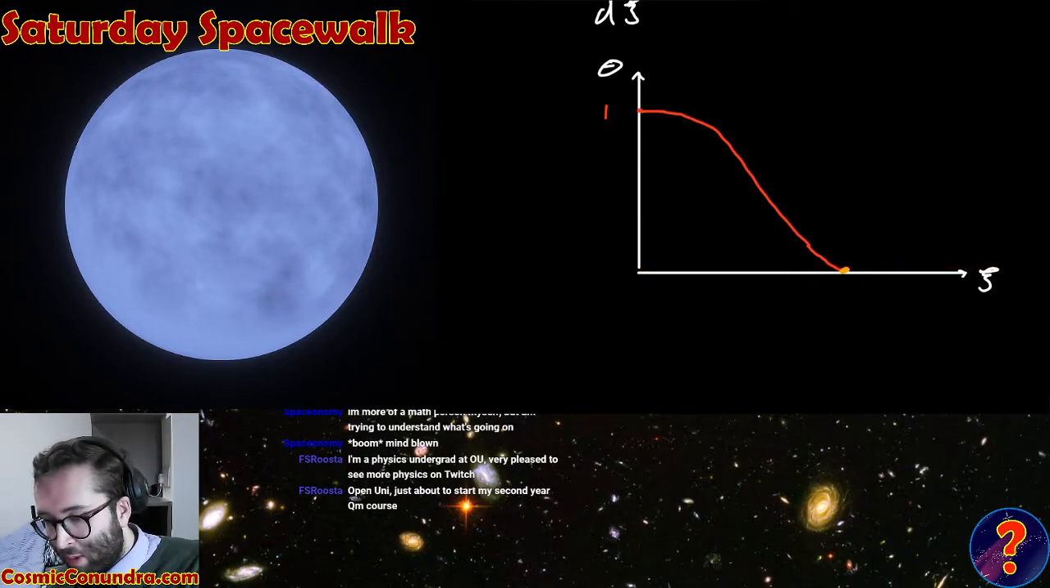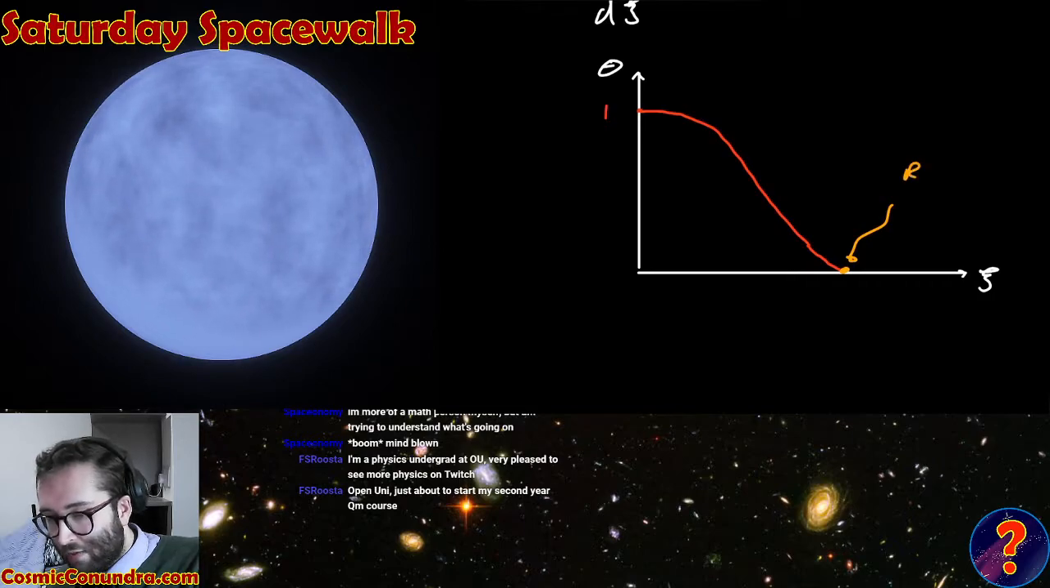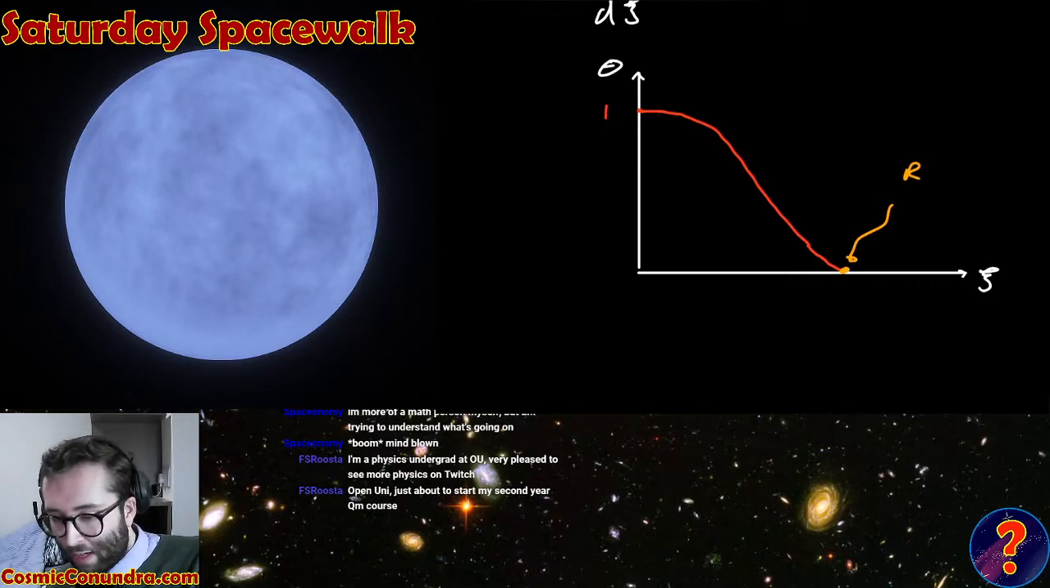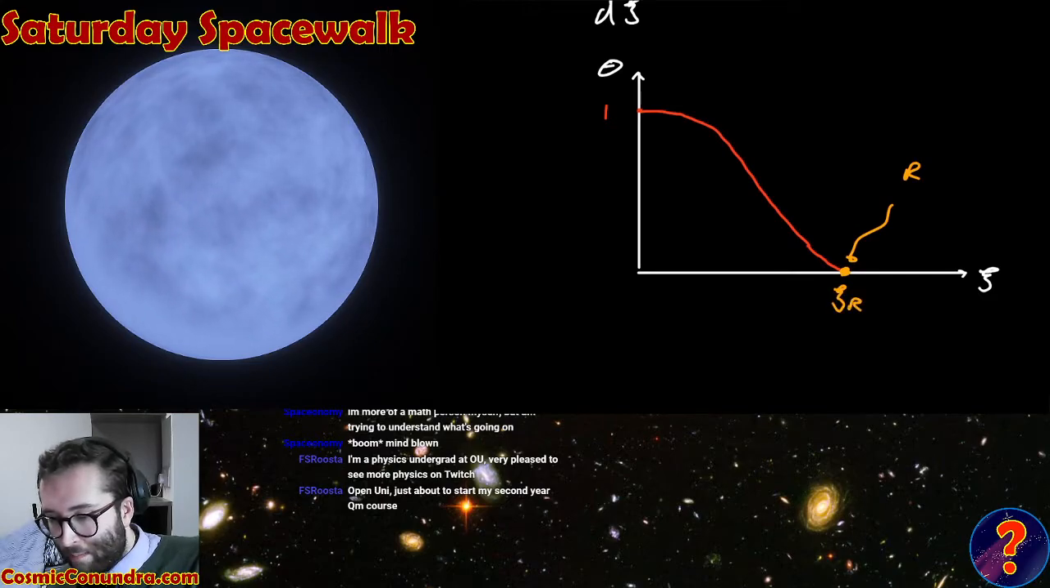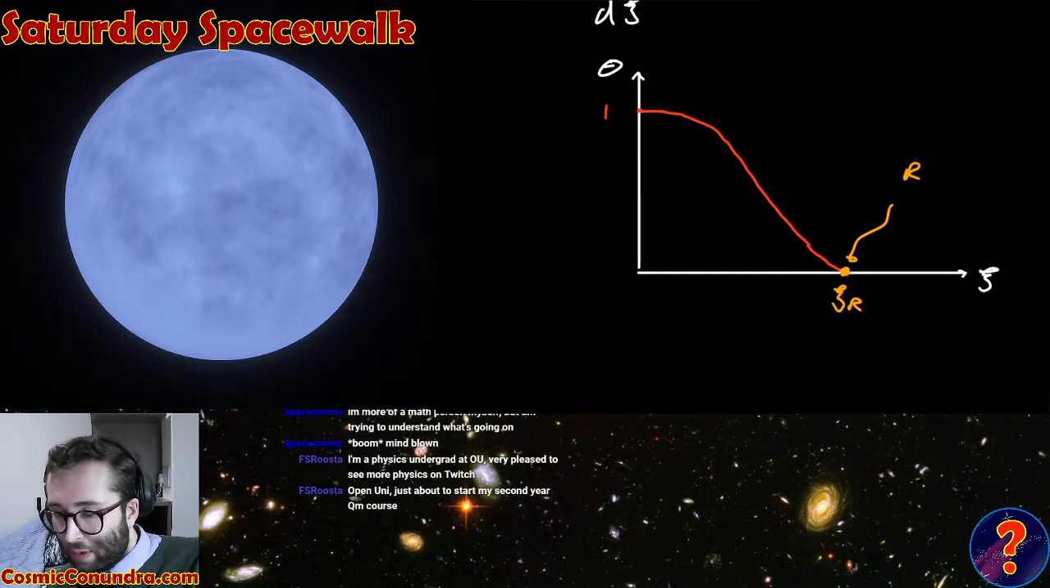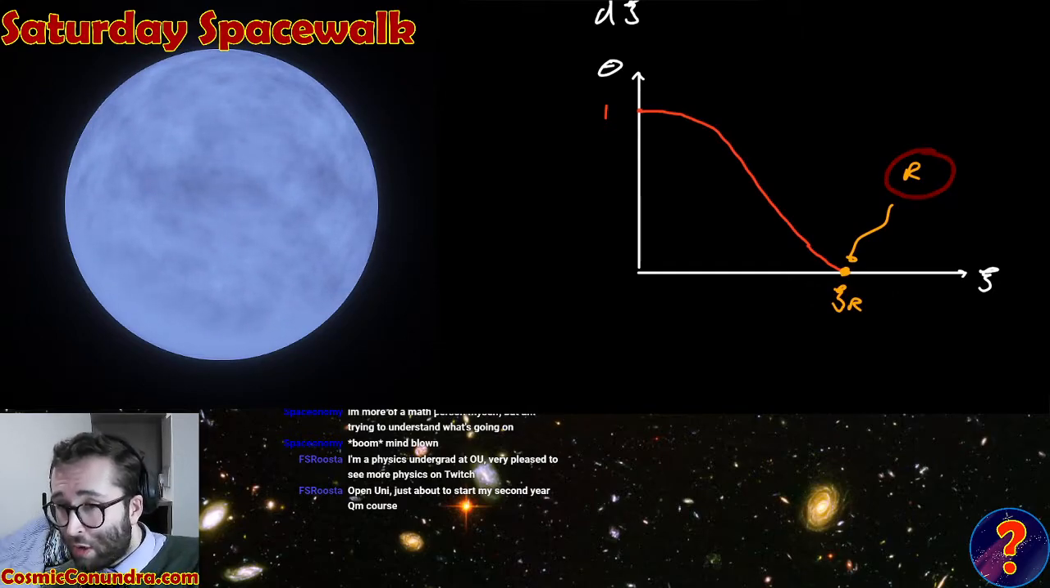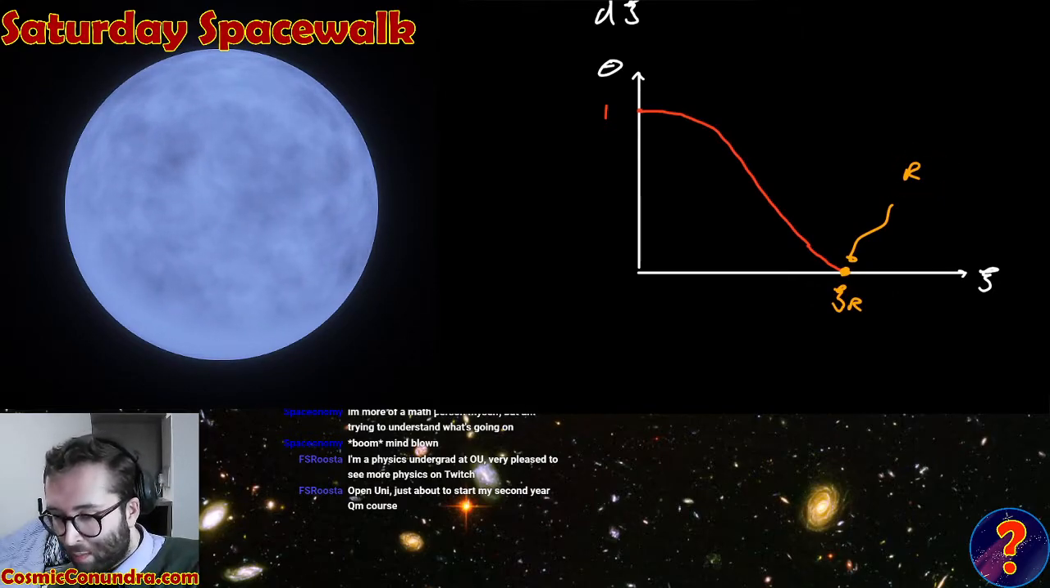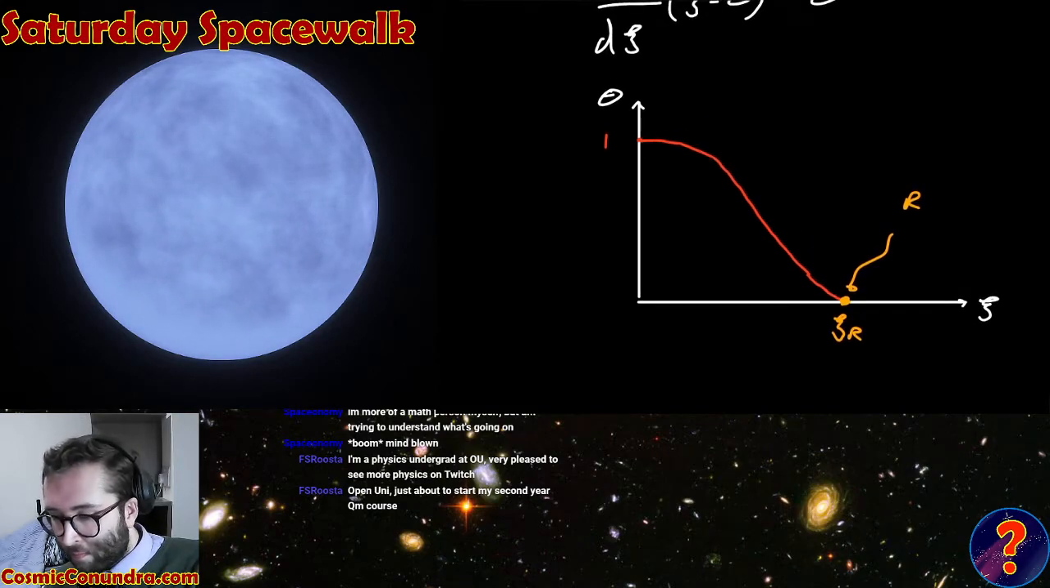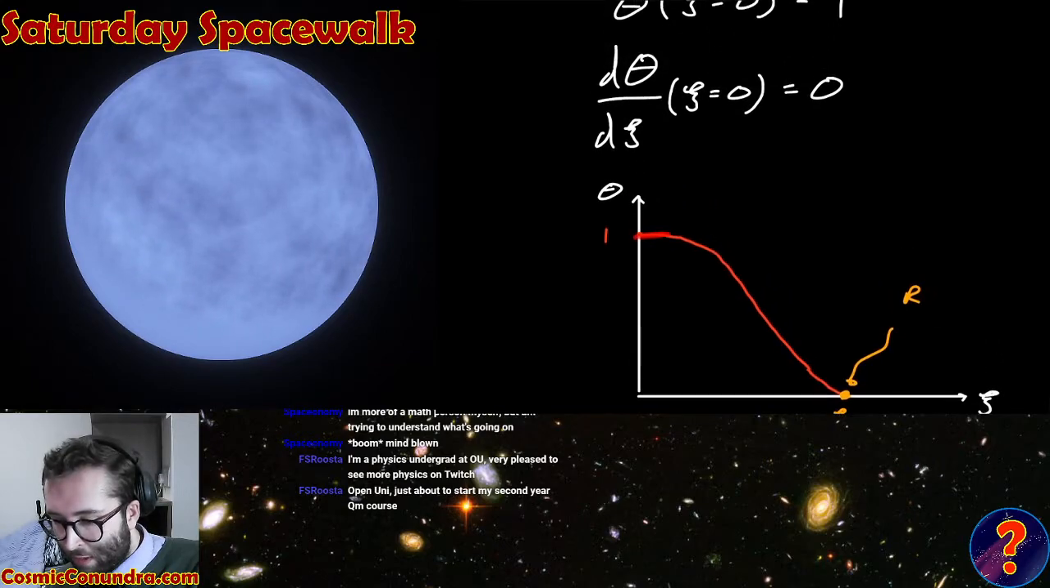And this will correspond to the radius of the star r, or specifically this point along the xi-axis I will call xi-r. That is the value of xi that corresponds to a radial distance equal to the radius of the star at this point. Okay. And now the reason we expect this thing to be flat at the top, so expect the